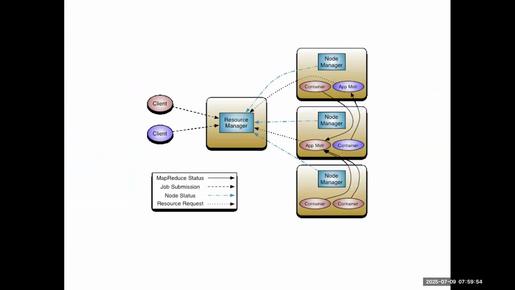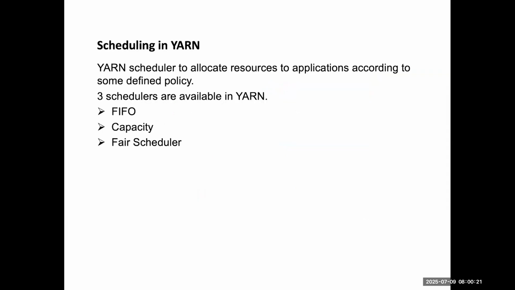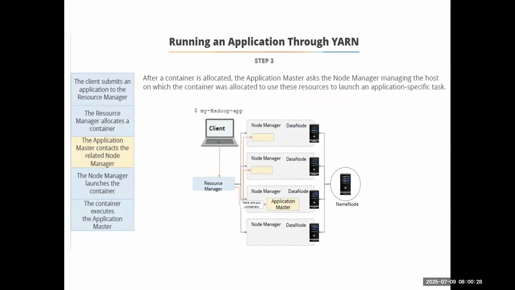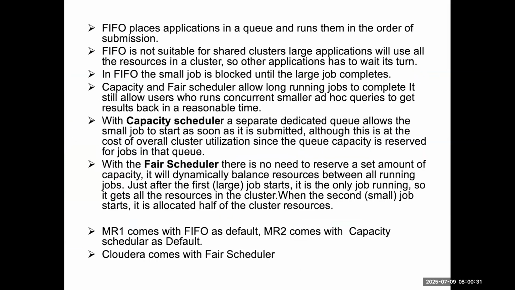This is a similar representation. The client submitted, then the application master asks the resource manager for the resource request. The node status is represented by the blue dotted line, so the node manager is telling the status of the node, whether it is alive, by sending the heartbeat. So this is the pictorial representation. Now let's come to this, the one important thing about the scheduler, right? We saw the capacity scheduler and queue and all those things. That is what we are going to cover now.